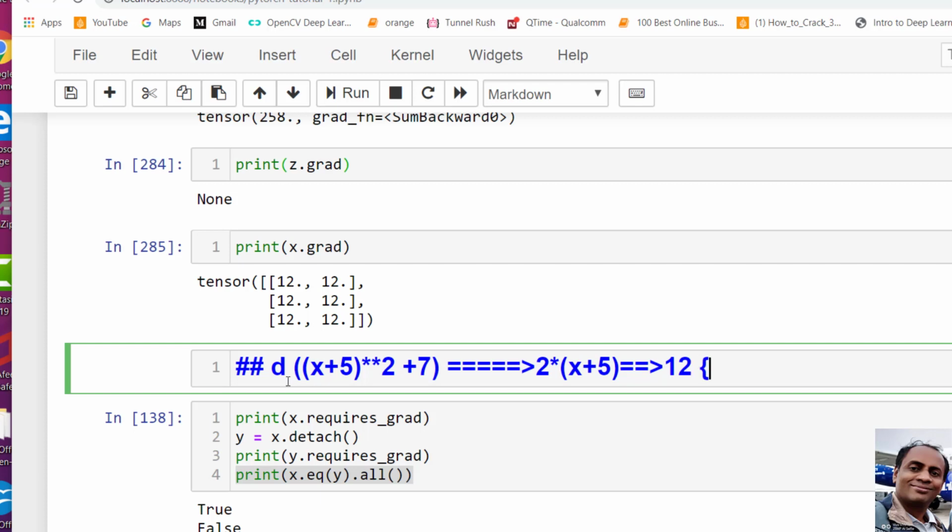Dou T by dou X, by calculus, 2 into X plus 5 whole square plus 7 when differentiated with X, is 2 into X plus 5. And X is 1, so it should become 2 into 6, which is 12. So 12 here. This is very simple.